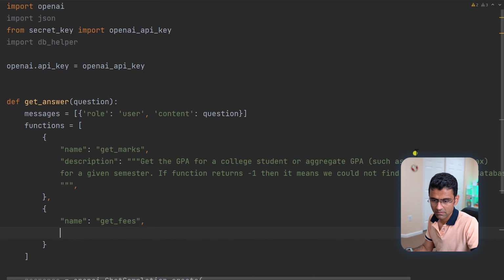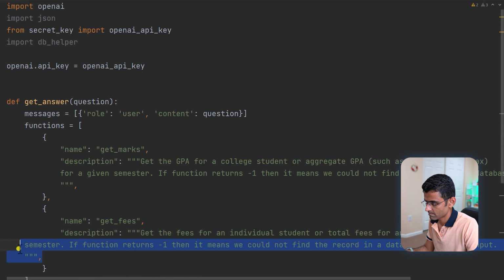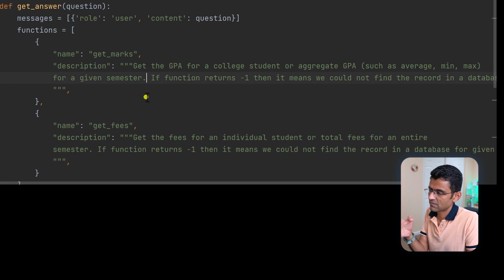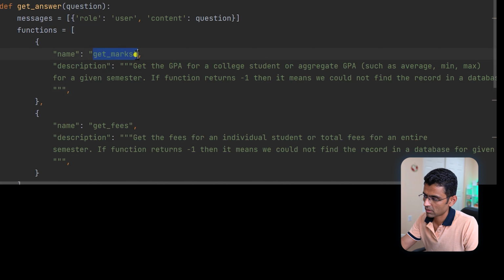Similarly, we will have a description for the fees as well. And that's going to look something like this. See, the LLM has language understanding. So when you read this description and when you have an input question, it knows how to match that input question to one of these functions. That's why writing a proper description and giving a proper function name is going to help the LLM decide the proper function,